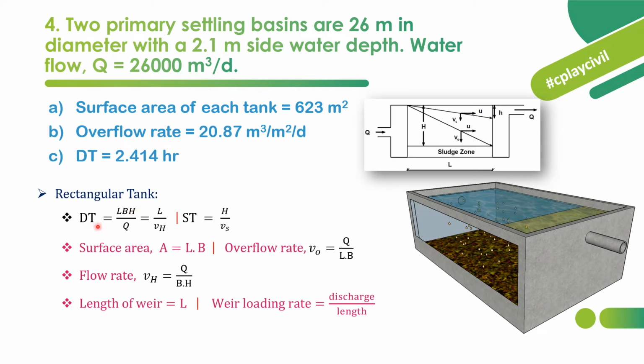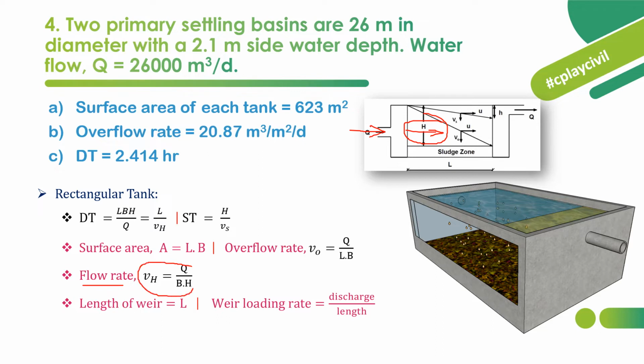So for a rectangular tank, detention time is LBH by Q, that is nothing but volume by discharge, or we can even use this relation, length of the tank divided by V suffix H. V suffix H is nothing but the horizontal flow velocity. So here you can see the water inflow here and moves like this. So this velocity is termed as VH, that is horizontal flow velocity,